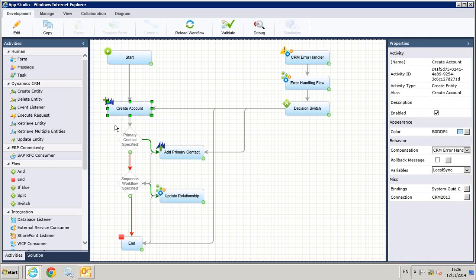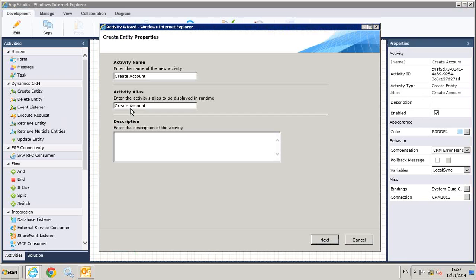But what I wanted to really show here is this activity. This is one of our CRM activities. I'm using the create entity activity. Now, those of you that are familiar with the CRM service, web service API of CRM, you'll recognize these are the high-level methods available in that. And that's exactly what we have used here with our integration. We have wrapped that web service API into a set of very friendly, easy-to-use